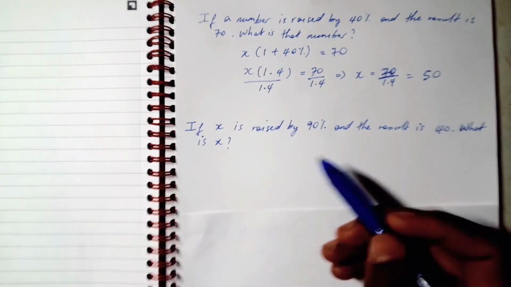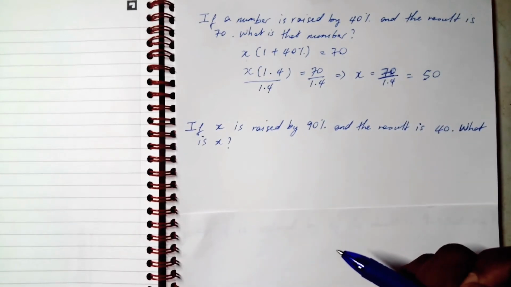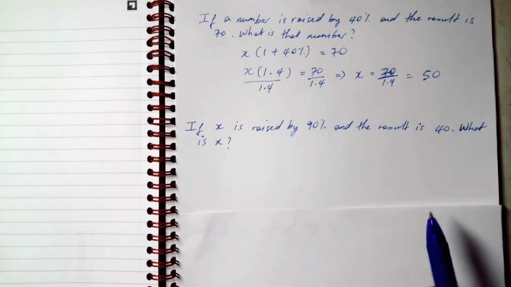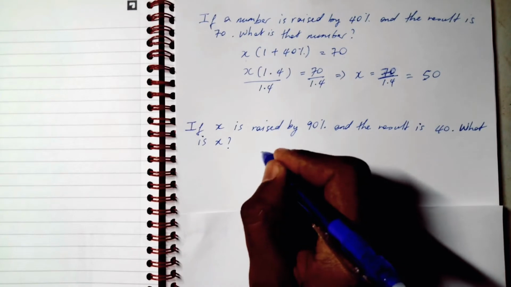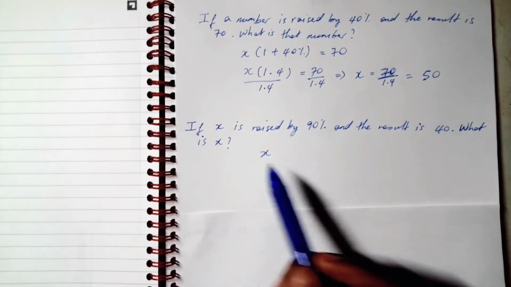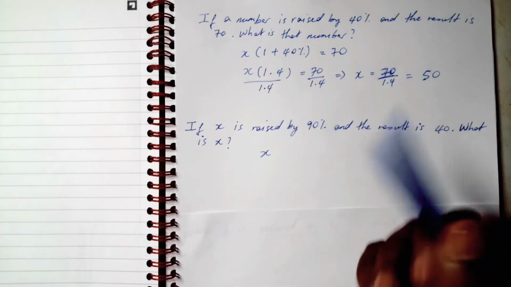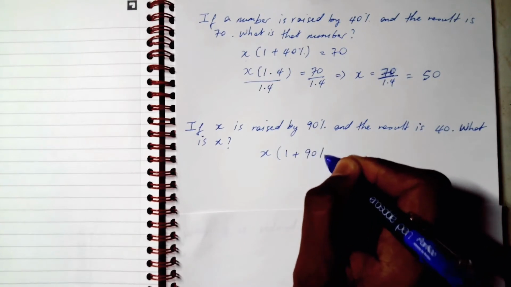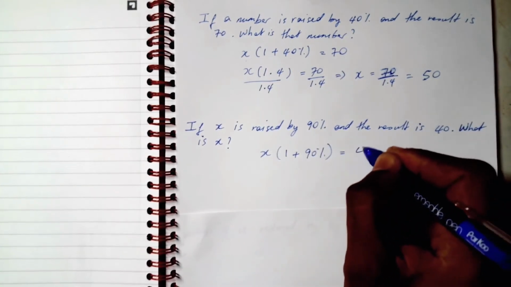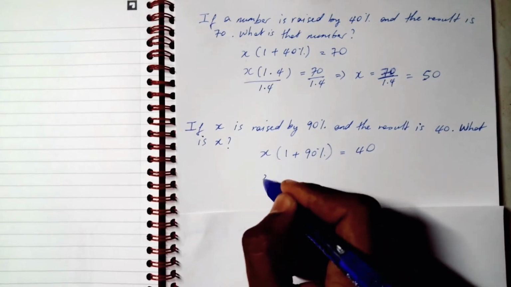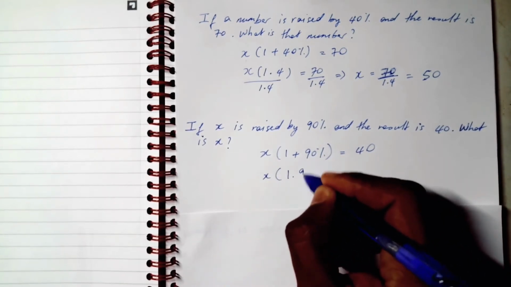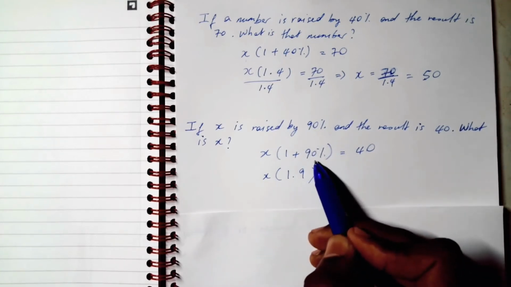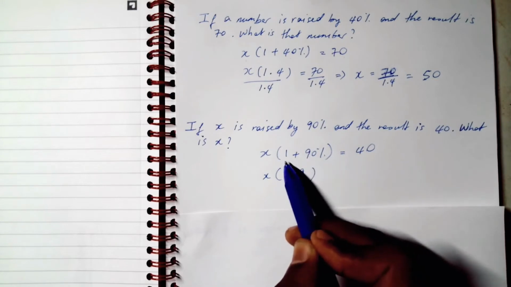If x is raised by 90% and the result is 40, what is x? It's a similar setup to the above. It's going to be x, but this time they actually call it x and not a number. All right, so x raised by 90% is equal to 40. Clean this up, we have x multiplied by 1.9. Because we divide this 90 by 100 to convert it to decimal, it becomes 0.9. 0.9 plus 1 equal